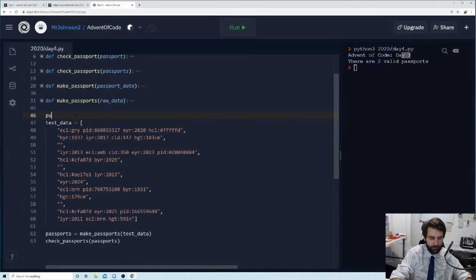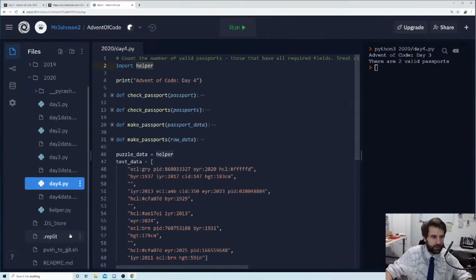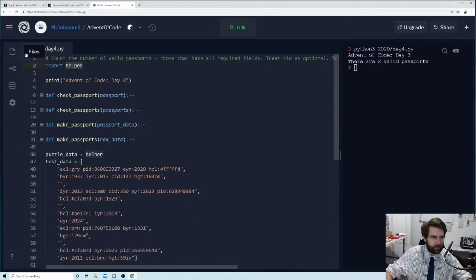So we're going to say our puzzle data is equal to read, no, we're not going to say helper. Remember, we import helper right at the start, and helper is just a little Python file that we wrote to read files in and split every new line into an array for us. So we are going to use our helper file, and we're going to say helper.read file, and we're going to pass in day4